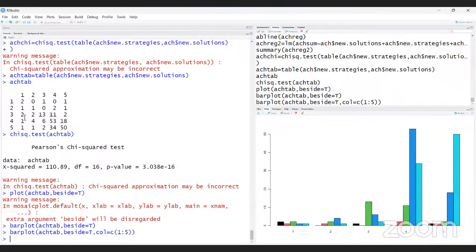Can you say that again, sir? Sorry. 4 into 4. That is column -1 and row -1. Row is 5, so 5 -1 means 4. And also column is 5, -1 means 4. So 4 into 4, 16. That is the degrees of freedom. By using these degrees of freedom, you will find that the chi-square value is highly significant.